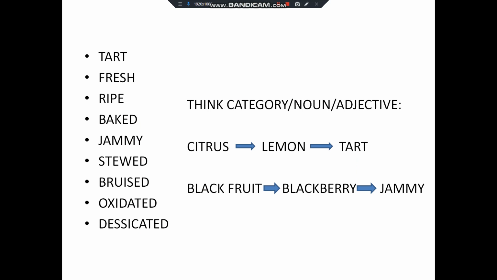So you smell a wine. Let's say you have a beautiful Chablis from North Burgundy. On the nose, you start swirling the glass of wine. Okay, I get some citrus. I get lemon. Oh, it's tart lemon. Okay, so category, noun, adjective, and then you just narrow it down like this.